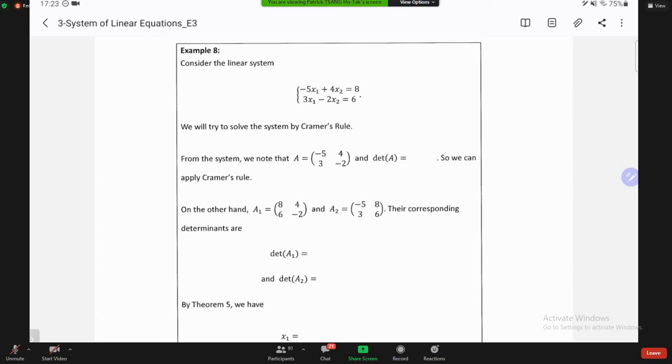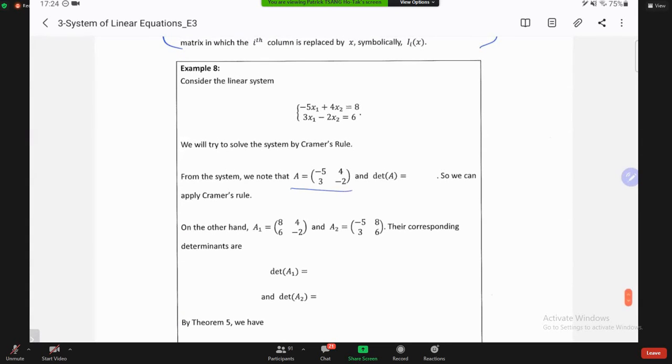So here, of course, I just give you the simplest example to tell you how to operate Cramer's rule. When it comes to a bigger size matrix or bigger size system, of course, I believe Cramer's rule will be more preferable, or more convenient to use. But anyway, example 8 is an illustrative example for the use of Cramer's rule. So for the system,